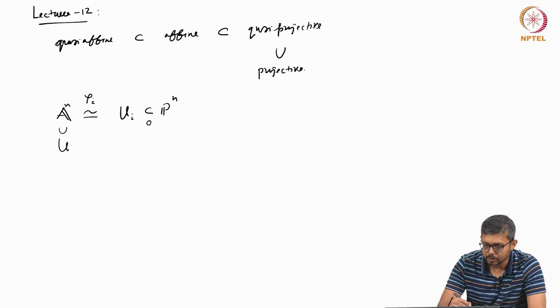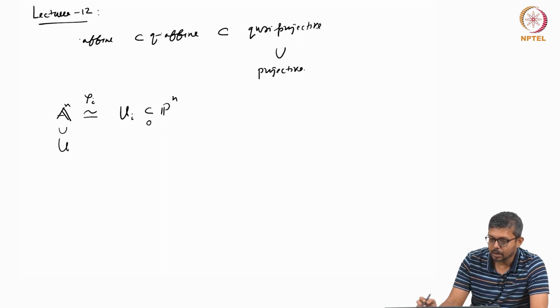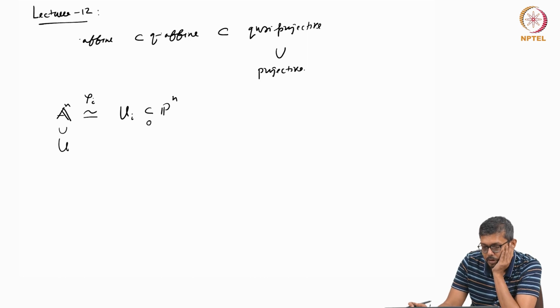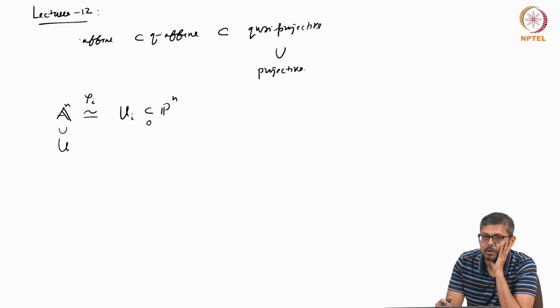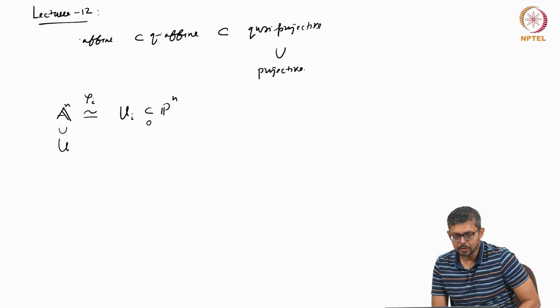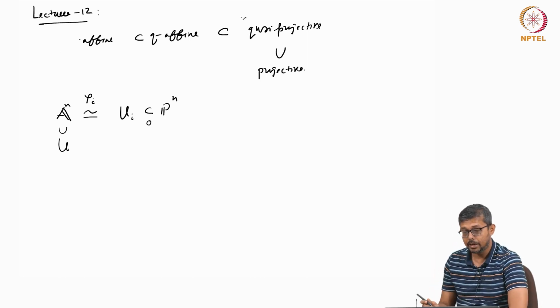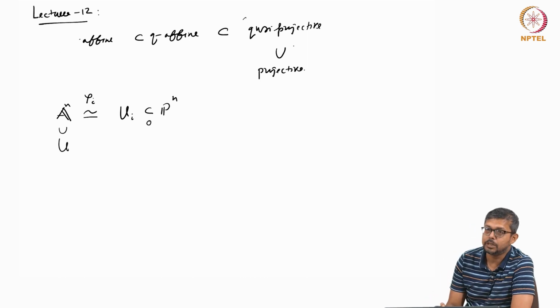Sorry, yeah, quasi-affine. So affine, of course, is sitting inside quasi-affine because affine varieties are open in affine. But now quasi-affine varieties are sitting inside quasi-projective in this way. If you take an open subset here, you apply phi_i, because phi_i is a homeomorphism. Okay. So now there is still some problem, in the sense that when you define quasi-projective,